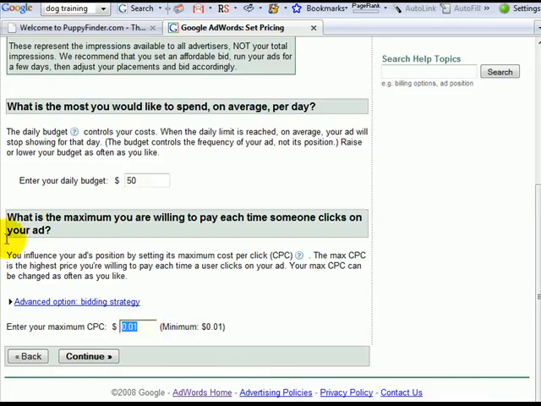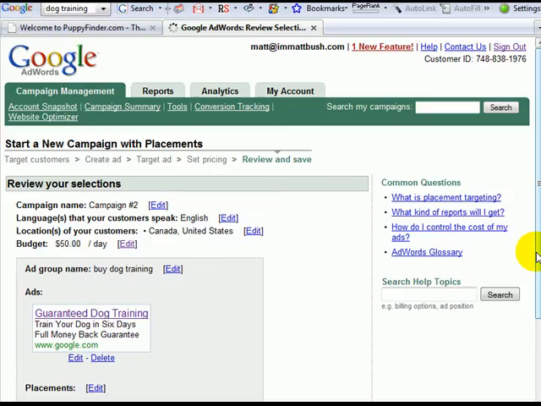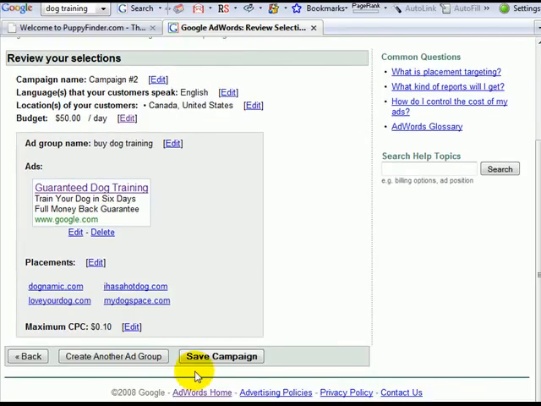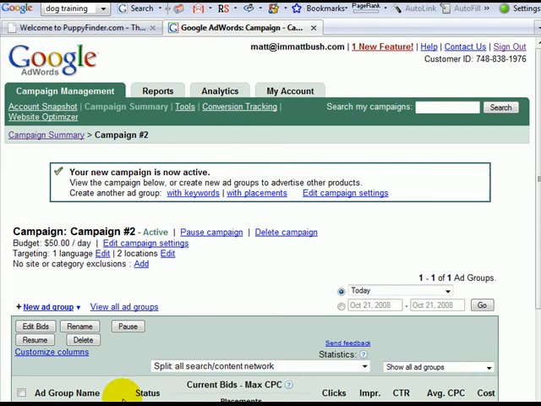Also, some people suggest entering a high daily budget, and I disagree with that because I do not want to see people lose their shirt just experimenting. Also, your maximum cost per click, I tend to have it be a lot lower when pursuing this avenue. And then it's going to go ahead and create this, and also you have the option to look and see how likely it is that your placements are actually going to go live,